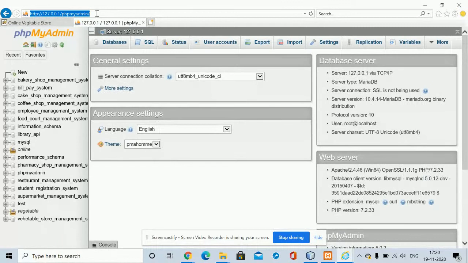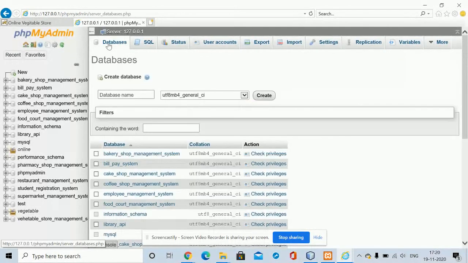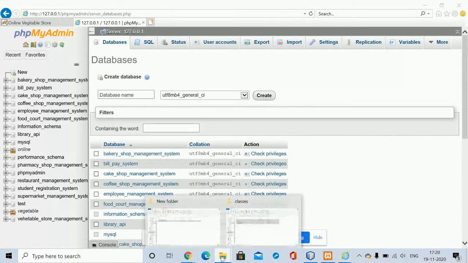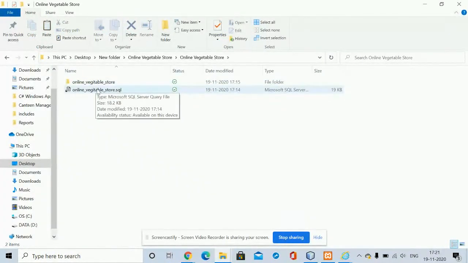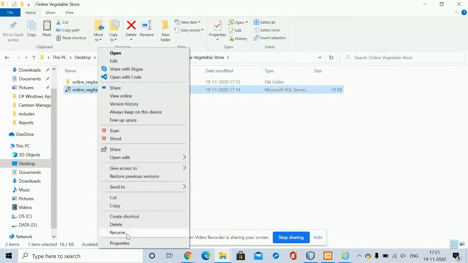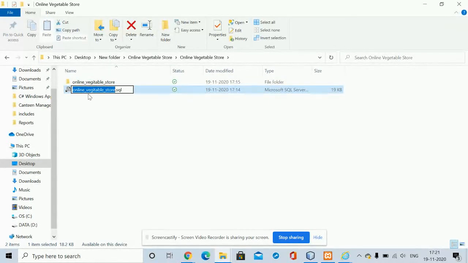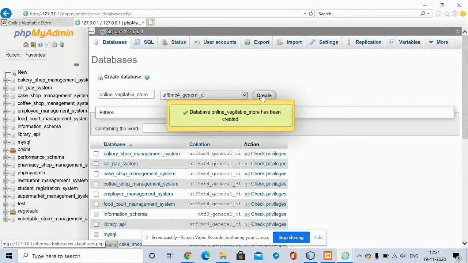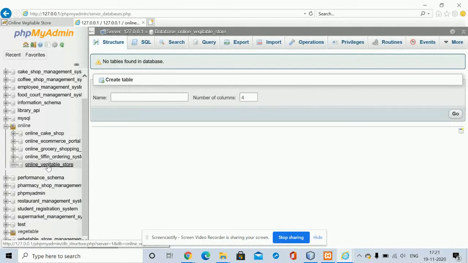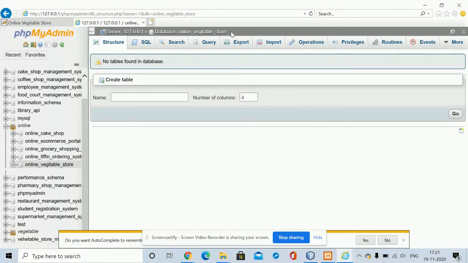You need to open the URL, 127.0.0.1/phpmyadmin, and then click on the databases. Once you click on the databases, you need to create a database with the same name as the SQL file. This is the SQL file, right? Create the database here, right? Once you click on create, that database has been created, online vegetable store. You can see I have not added .sql, right? So you need to create the database first,